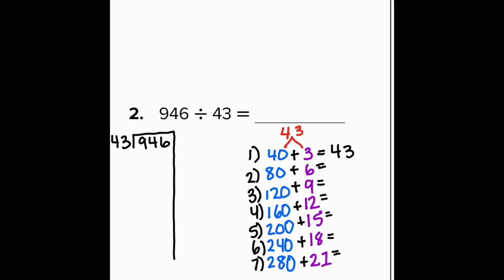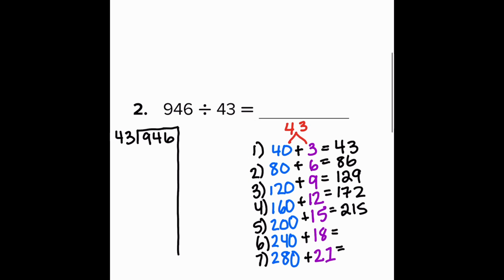So 80 plus 6 is 86. And then 120 plus 9 is 129. 160 plus 12 is going to be 172. 200 plus 15 is 215. 240 plus 18 is 258, and then we have 280 plus 21, which is going to give us